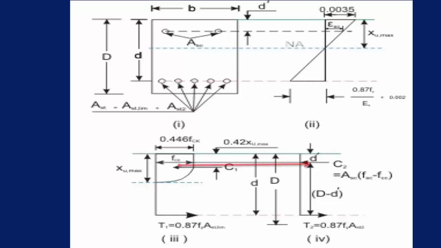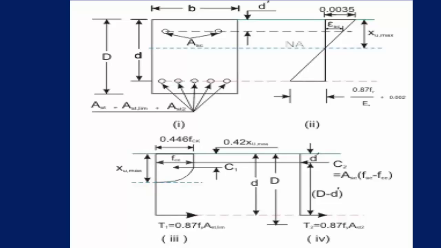Okay, and from this D dash you are going to find out C2. And from this uniform stress, here is what? This is the uniform stress of concrete. This is C2, this is C1. The distance between C2 and the tension fiber, at the end of D dash to the tension fiber, is D minus D dash. This is the lever arm of this doubly reinforced section.